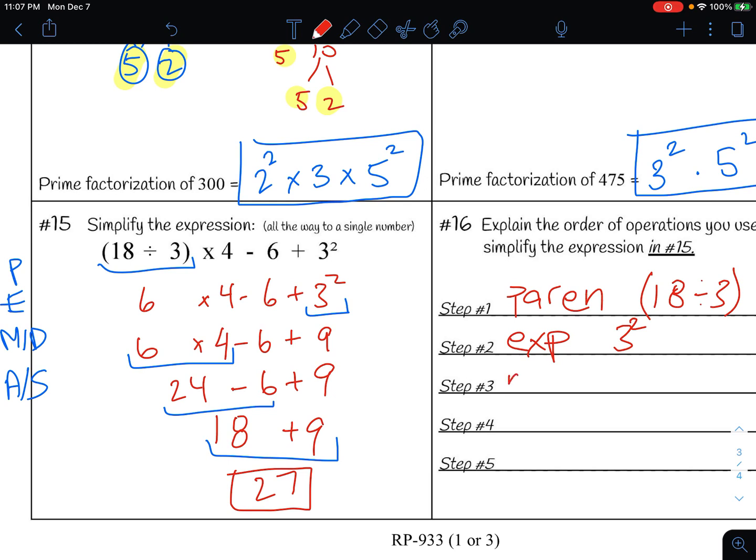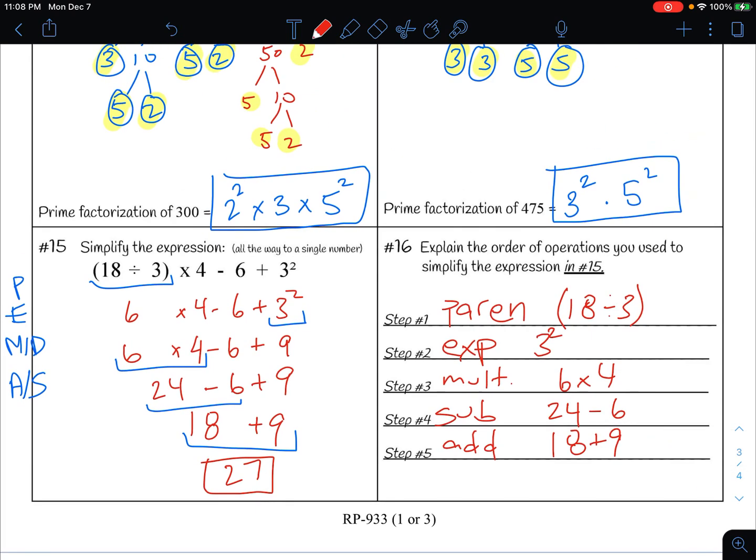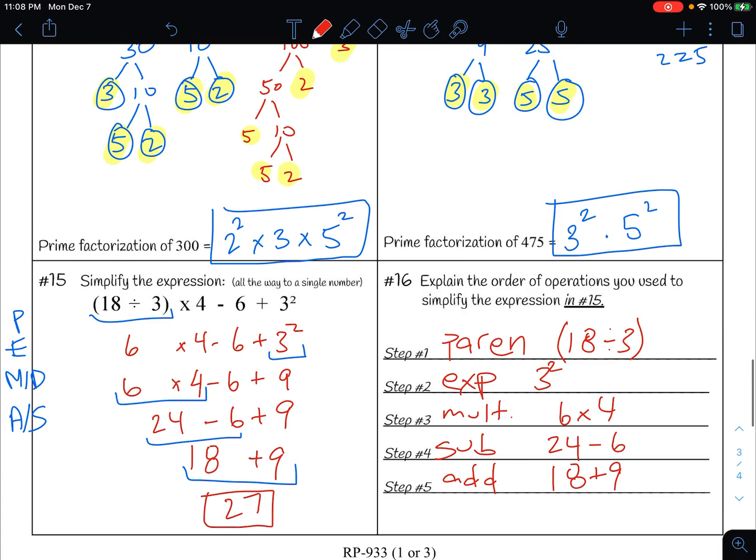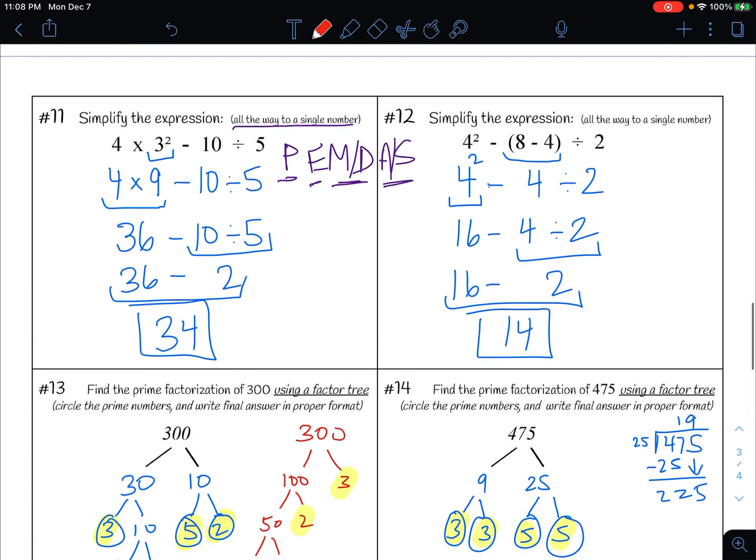Step 3 was to multiply, and we multiplied 6 times 4. Step 4 was to subtract, and we subtracted 24 minus 6. And step 5 was to add, and it was 18 plus 9. I think that's it. I think we're completely done. So that's how you work all